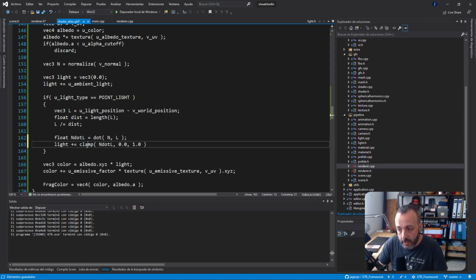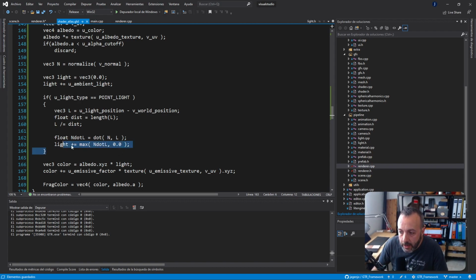Instead of clamping, you can say, I want the maximum value between 0 and n.l, because you're never going to have to clamp beyond 1. What I care about is negative numbers. So in this case, I want the max between n.l, which could be negative, and 0. Be careful, because I see a lot of people, when I was explaining this in computer graphics, say, oh, the value cannot be negative, so I put absolute. Absolute is not the same. Absolute means that if it's negative, it becomes positive, which is not what I want. What I want here is, if the light is negative, which doesn't make any sense, then no light, it's 0,